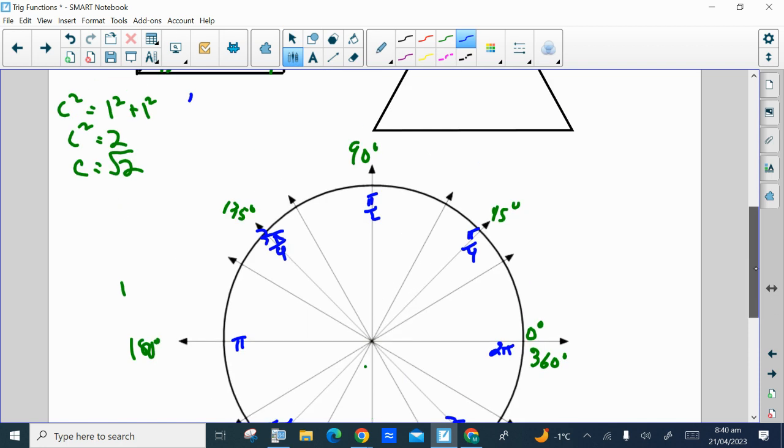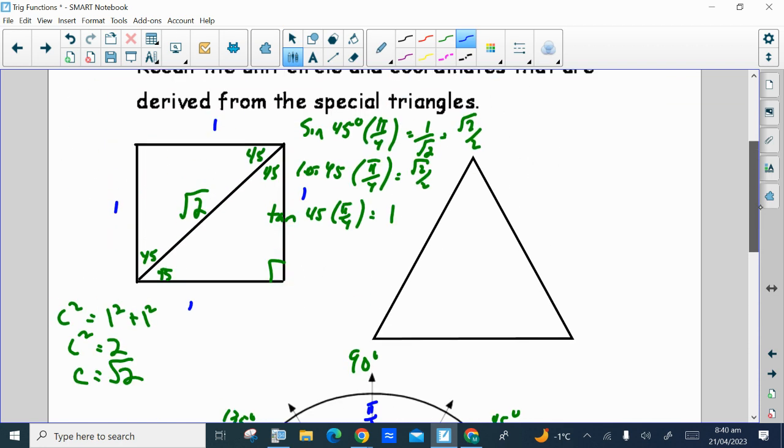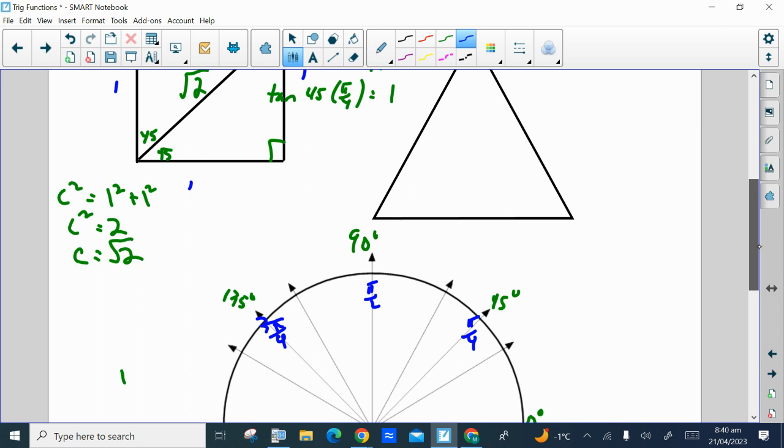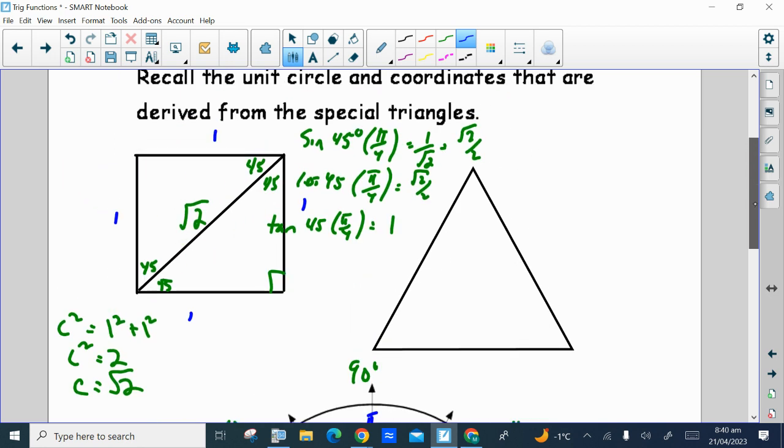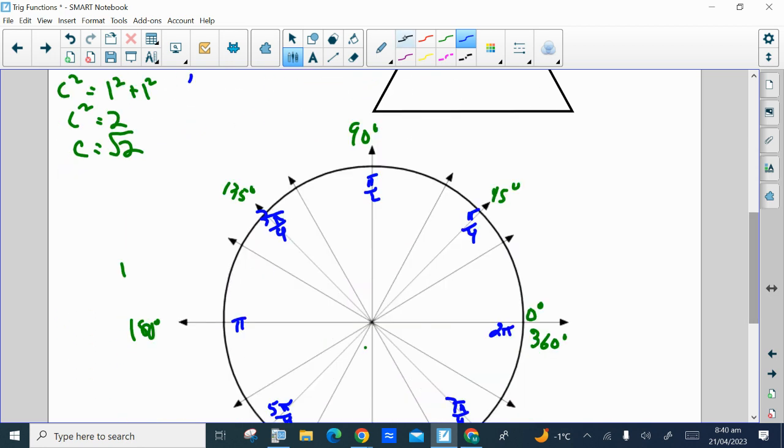And we've seen above that the sine and cosine of 45 degrees or pi on 4 radians is root 2 over 2. We also learned that at each point on the unit circle, you're going to get an x and a y component, and they are in the order cos theta, comma, sine theta. The first number at the point is the cosine, the second number is the sine. So we can start by labeling the multiples of 90 degrees,